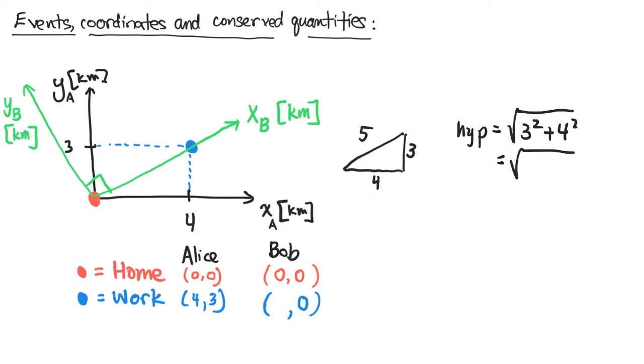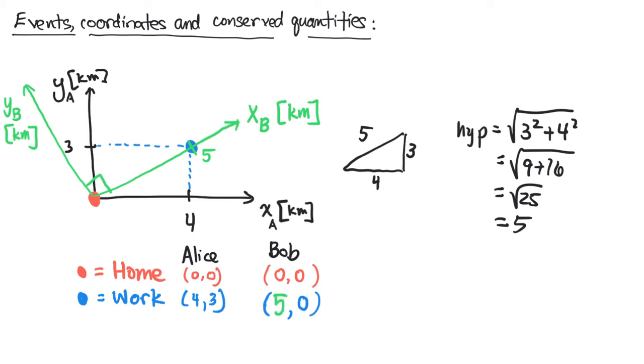So we'll have a square root of 9 plus 16, or the square root of 25, which is 5. So a 3, 4, 5 triangle means that the distance along one edge is 4, the other edge is 3, and this hypotenuse, which is the x-coordinate in Bob's frame of his work, will be labeled 5, because it's 5 units away from the origin. Okay, so he's now going to put this 5 in here